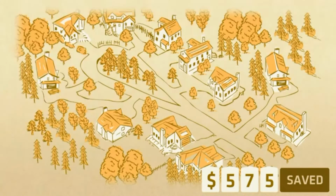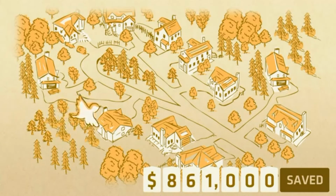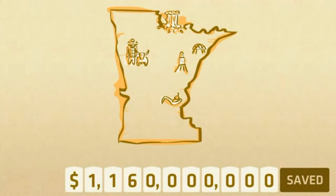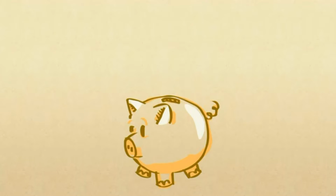Multiply that by the number of houses in your neighborhood, by the number of neighborhoods in your town, by the number of, well, you get the idea. Keep your money where it belongs. Fix your energy drips and turn the sound of